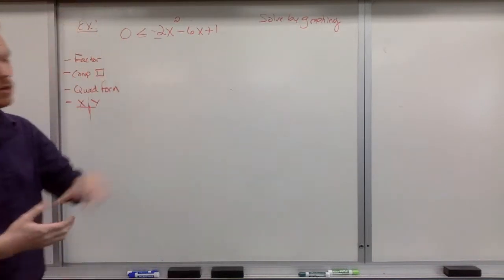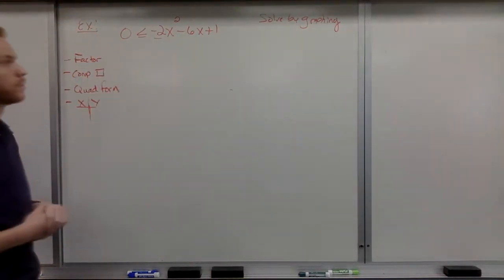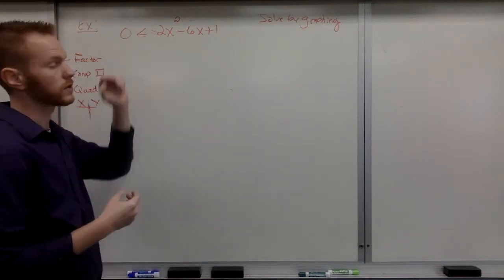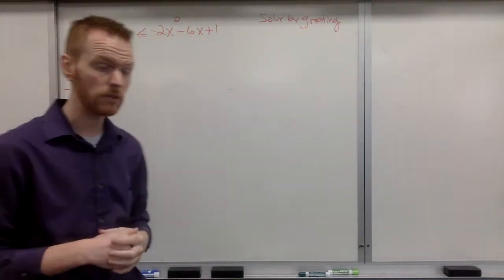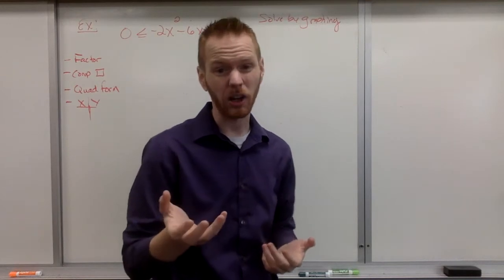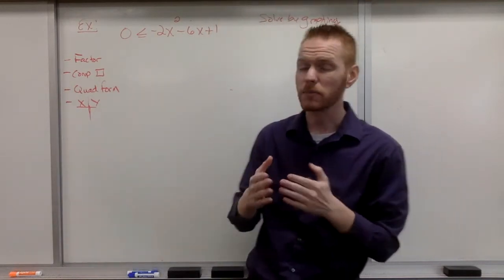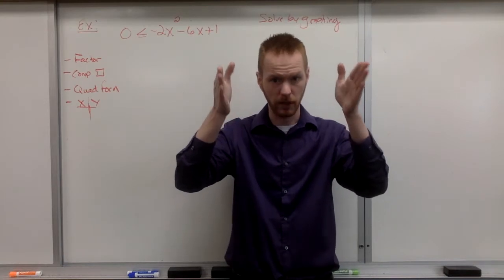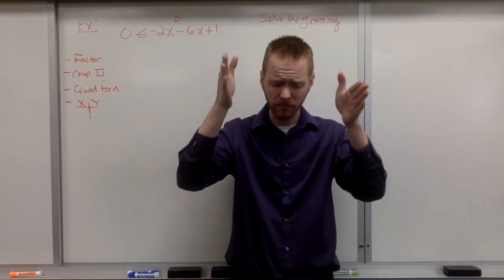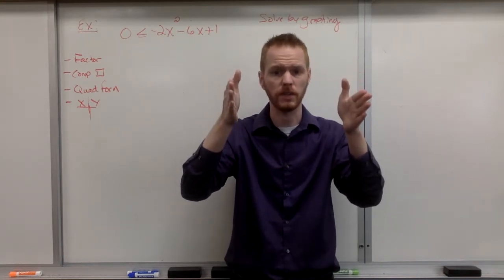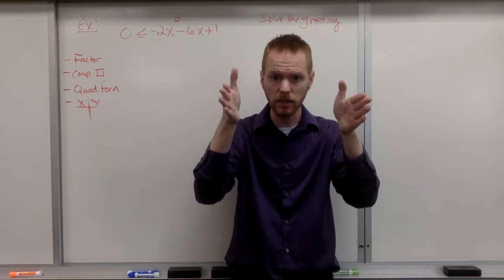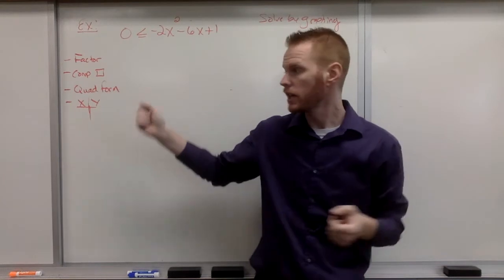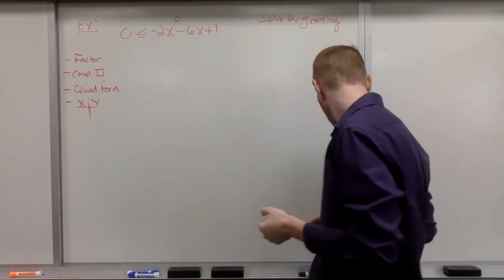Up here I have a quadratic inequality we're trying to solve for, and I want to figure out what x values make this guy greater than or equal to 0. That means I got to solve, right? I got to come up with some sort of solutions, which will give me like a boundary, right? That's where I cross the x-axis. And I'm going to test some points to see if the solution is going to be in between the 2 roots or if they're going to be outside of it, okay? Now, to solve this, which,